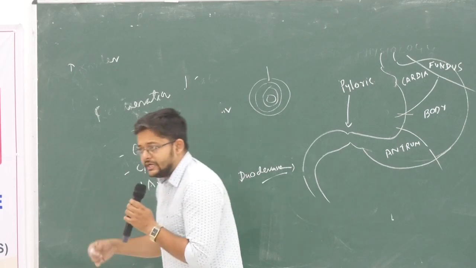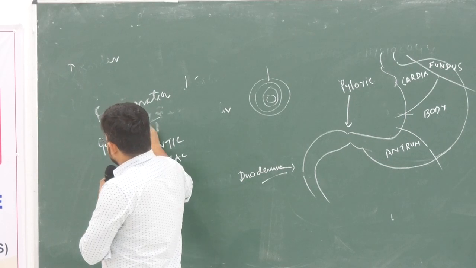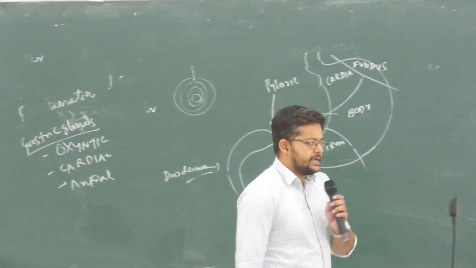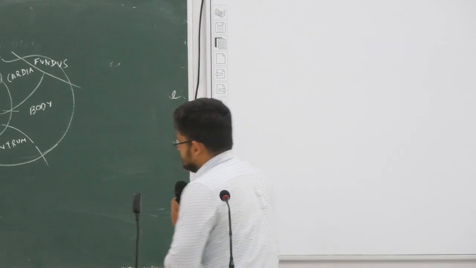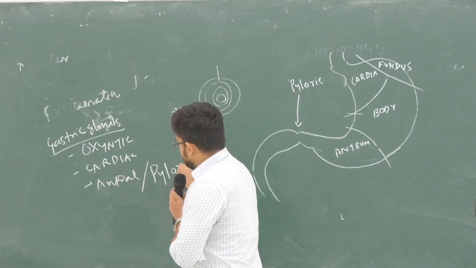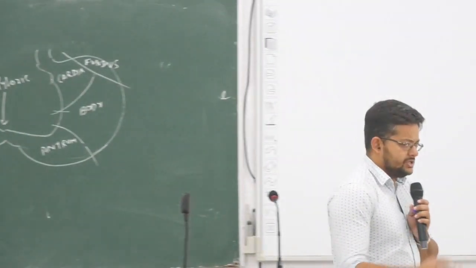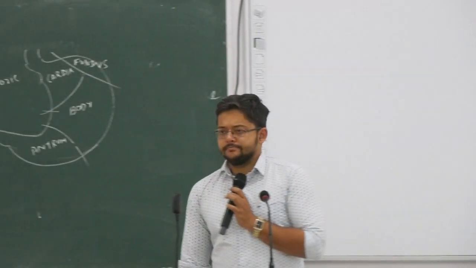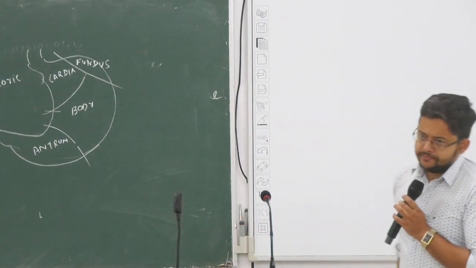So basically these are oxyntic gastric gland, cardiac gastric gland, and antral gastric gland. You can also say antral or pyloric gastric glands are present in stomach. Three types of glands basically. লিখে নাও।